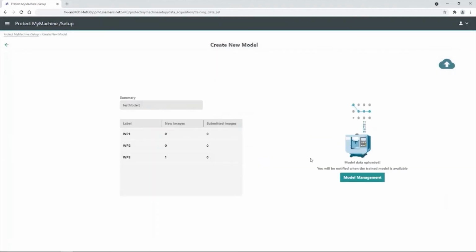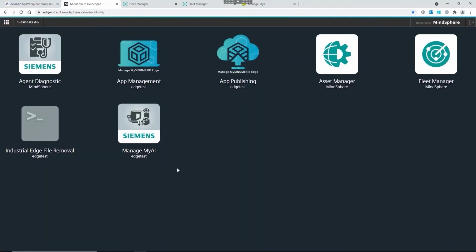As we confirm, the data will be packaged together and we will receive this summary page. This confirmation tells us that the model data has been submitted to MindSphere and that the upload is in process. Now that we've successfully uploaded our data into the MindSphere application Manage My AI, we're going to look back at